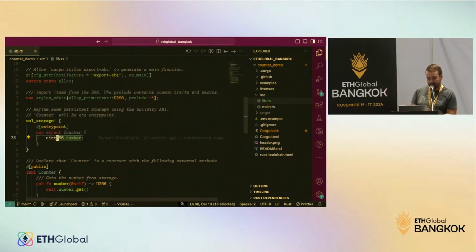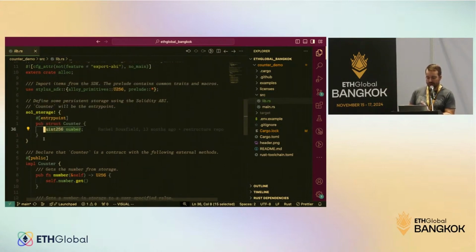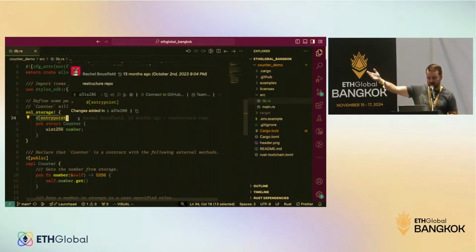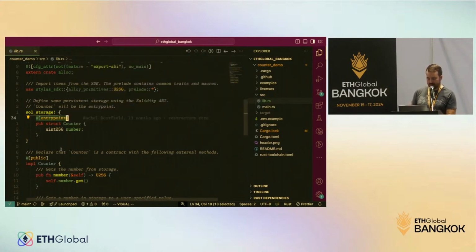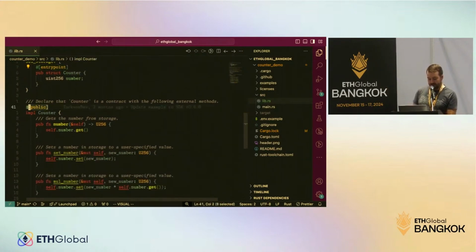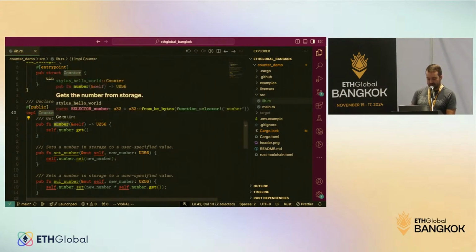So that's a 256-bit number that is going to track the state of our counter. And again, we attach this entry point, so that is the root level struct, the root level storage struct for our smart contract. Okay, and then again, remember I said it was external before, but it's public now, so just stick with public, and we're implementing for that counter up here that we declared, and we've got a number of public methods available, including